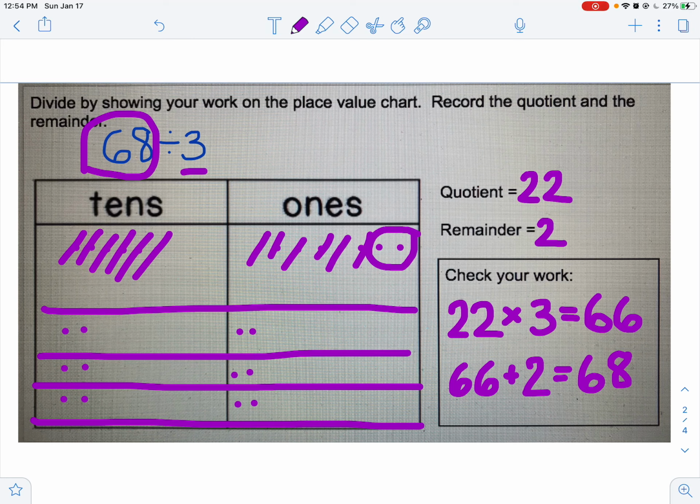Now you get to try. Make sure you show your work on your place value chart. Cross them off as you need to keep track. Check your work. Okay, and if there is no remainder, please write a 0. Good luck and let me know if you